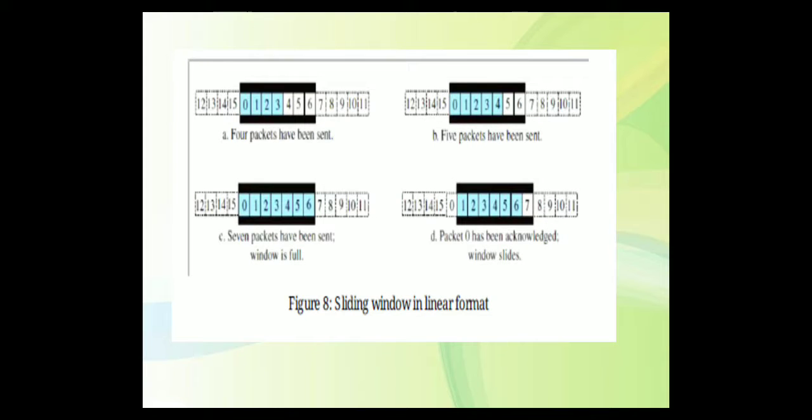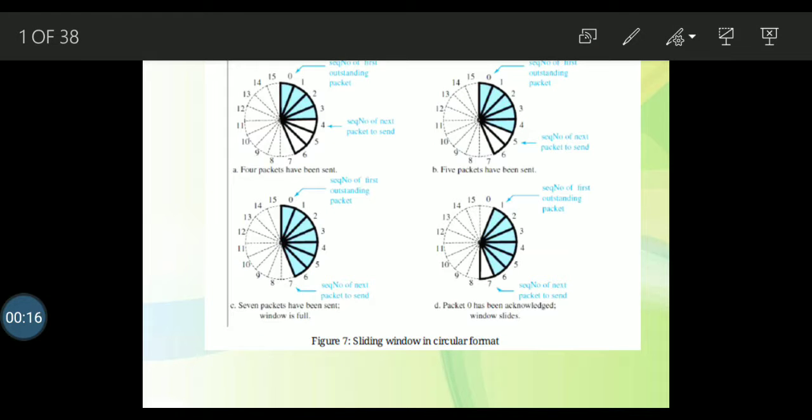In this lecture, we'll discuss sliding window. Whatever the sequence numbers are, they use modulo 2 raised to m, which is a circle that can represent the sequence numbers from 0 to 2 raised to m minus 1. The buffer is represented as a set of slices called a sliding window that occupies part of the circle at any time.